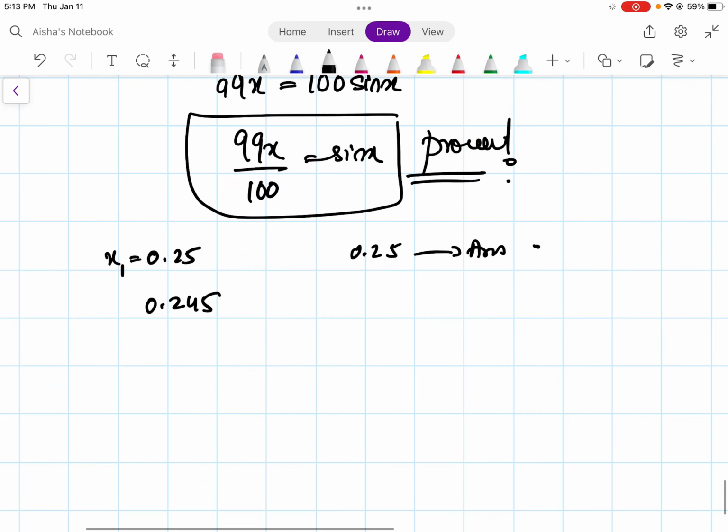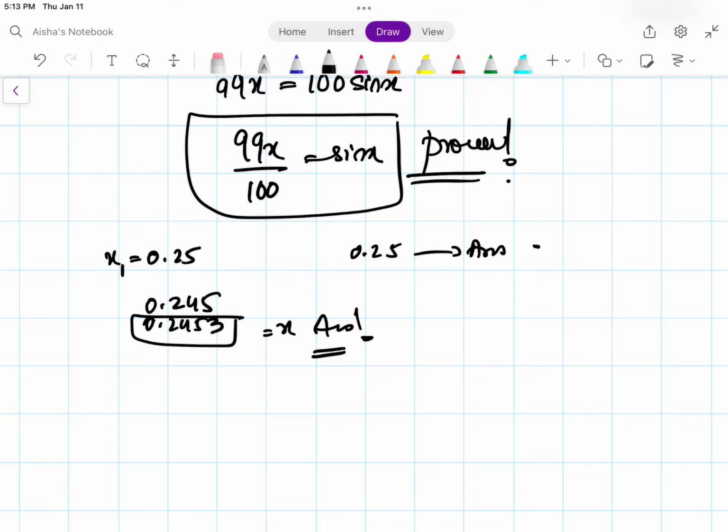0.245, then 0.2453. So it's converging to 0.2453. That's my answer. And it converges very quickly. Right? Clear about it? Take out your